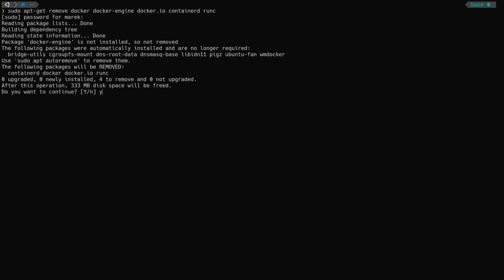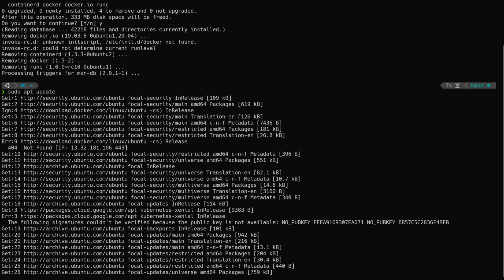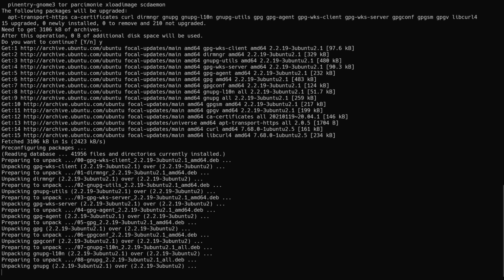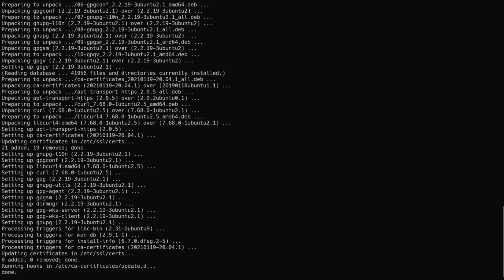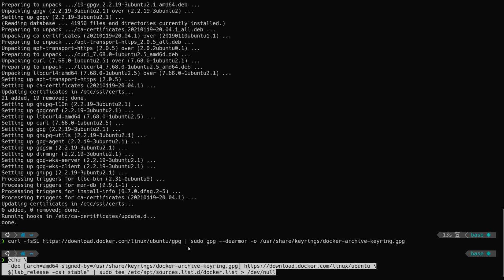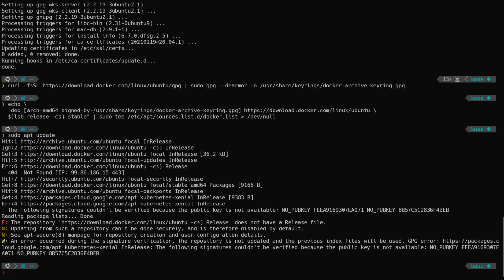Now, if you're still here and you want to install it on Ubuntu, it's quite simple. The first thing that you're going to do is run apt to remove Docker, Docker Engine, Docker.io, Containerd, and runc. These are old versions and you don't want them installed right now. Then you're going to run apt update. Then you're going to run apt-get install these tools right here because this is what we're going to need. Then we're going to curl the Docker GPG key and add the Docker keyring. At this point, we can add the Docker repository, run apt update again, and then install Docker CE, Docker CE CLI, and